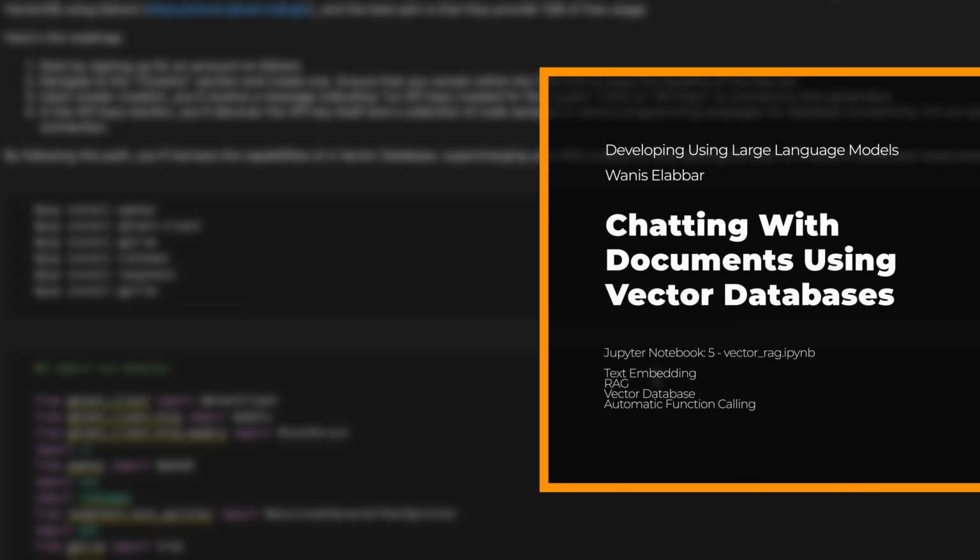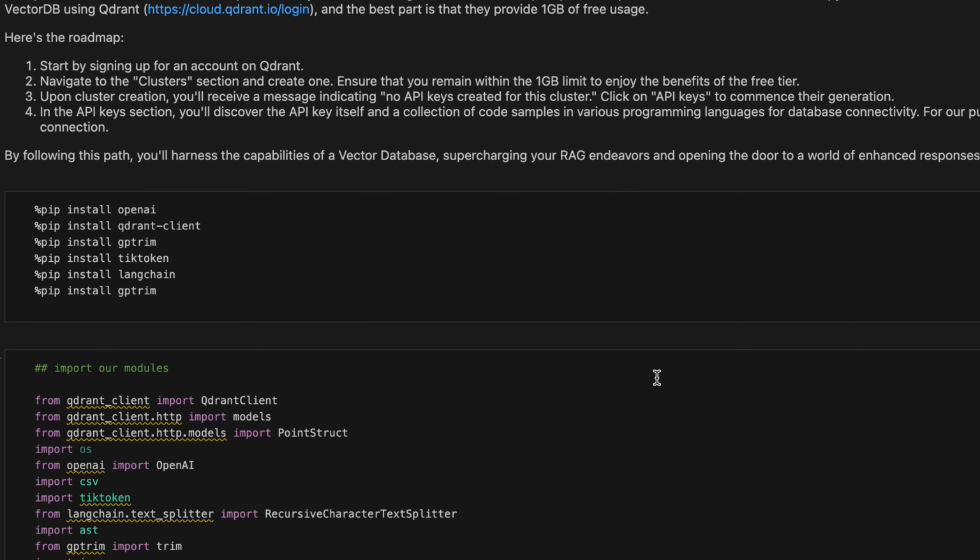Vector database and RAG. Have you ever wondered how to enhance RAG using the power of a vector database? Well, we are about to embark on the journey to create a vector database using Qdrant. But before we begin, let us talk a bit about the process of vectorization and text embedding and why we